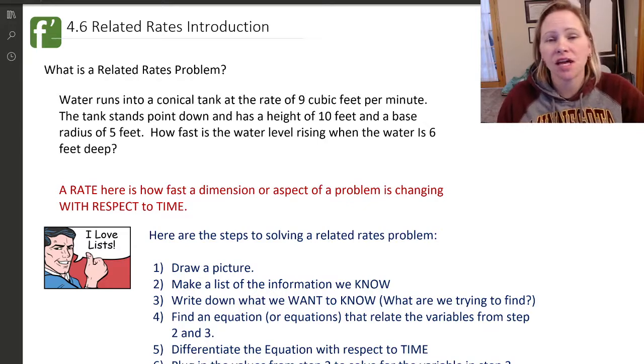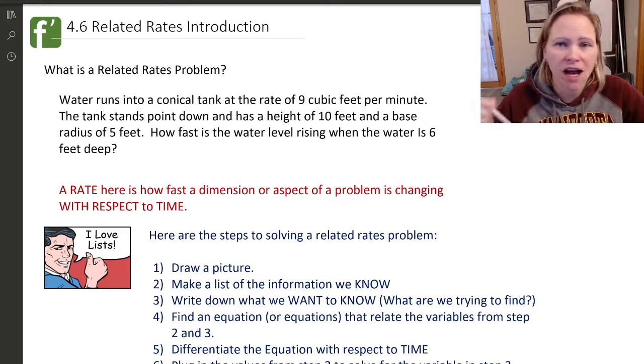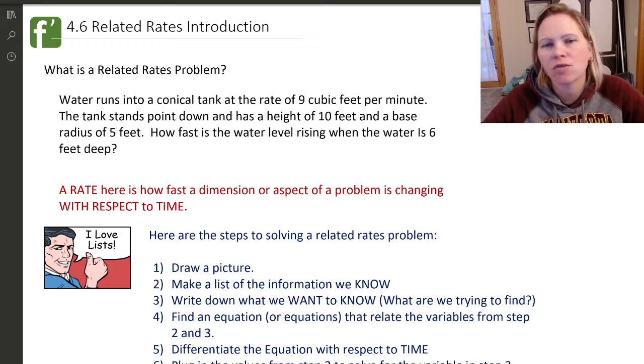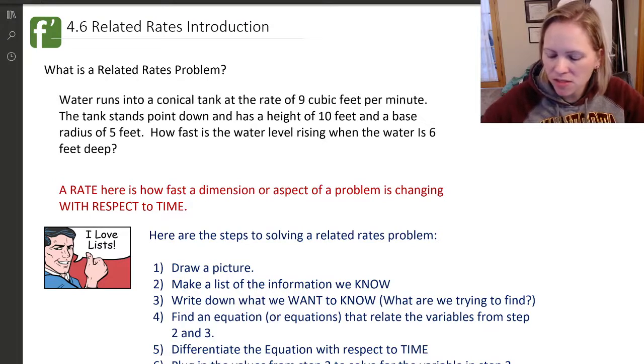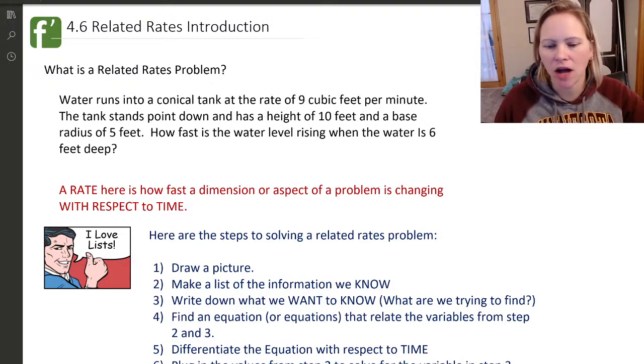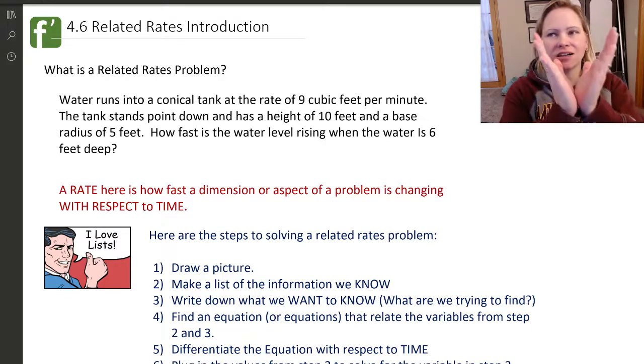And so then it says the tank stands point down and has a height of 10 feet and a base radius of 5 feet. How fast is the water level rising when the water is 6 feet deep? Now, this is not your typical, how fast is something changing type of problem, because if you think about this, if you have a conical shaped